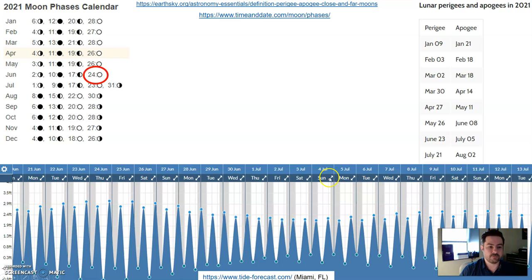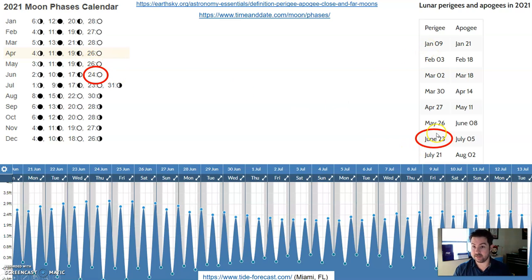Okay, for example, let's look in this area, all right? When we know we had a spring tide, we have the highest highs and the lowest lows. Well, on June 24th, there was a full moon. Okay, so during spring tides, remember, it's either full moon or new moon. Okay, so I have a full moon, good. And what about the lunar cycle? Was it in perigee, closest, or apogee, furthest away?